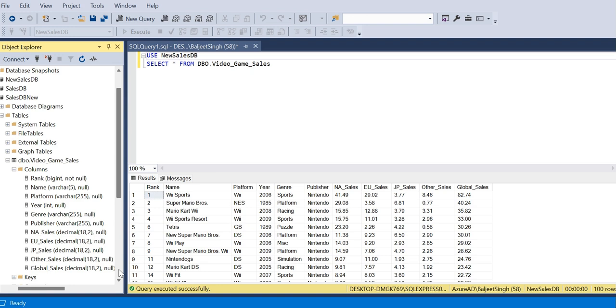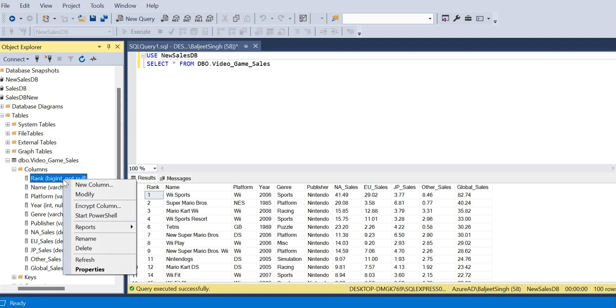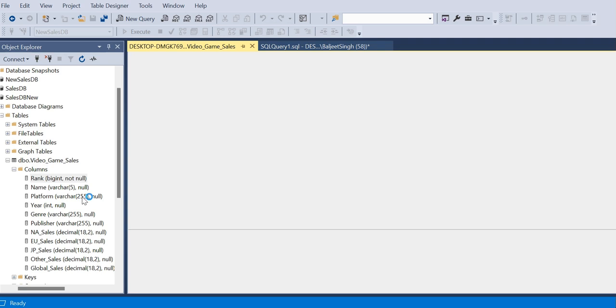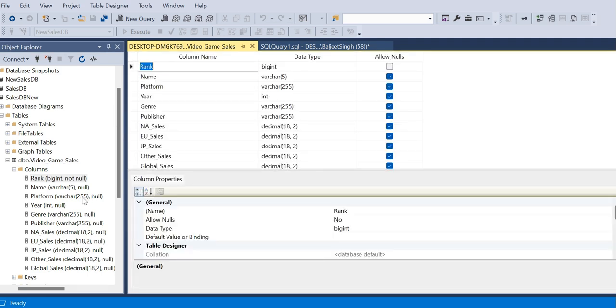I will give you a quick preview of how you can change types of data if needed. What you need to do, just go to any column name, right click, and go to modify. You can see by clicking here, you can change any of the data set which you really want.